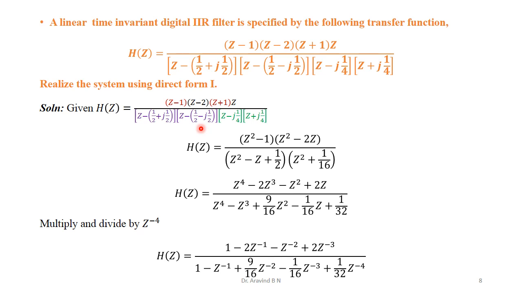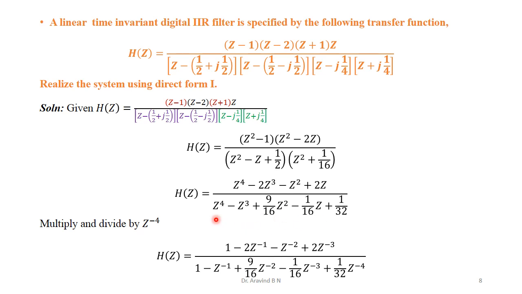Now doing that realization and solving that, we are going to have z square minus z plus half, z square plus 1 by 16. We need to still simplify this one. At this stage we cannot apply any formula. Direct multiplication we need to perform both in the numerator as well as in the denominator. So after that, this is the simplified format we are going to have.